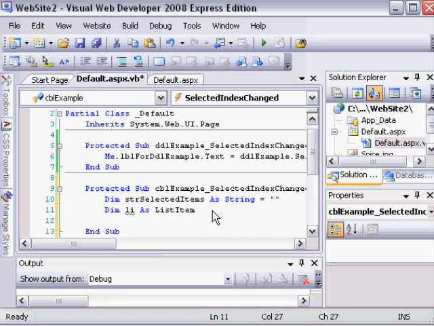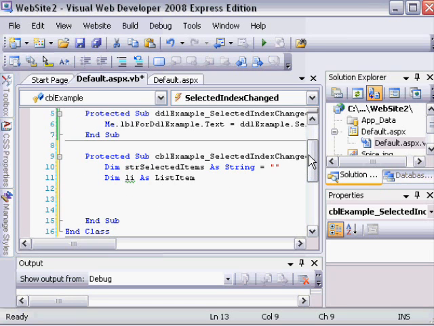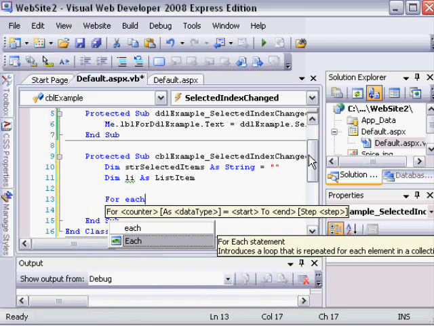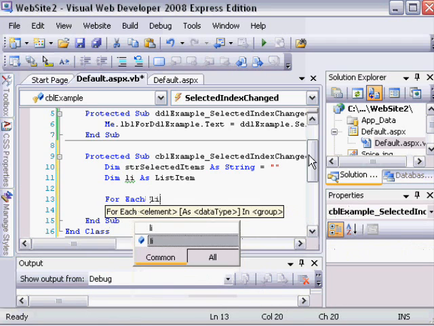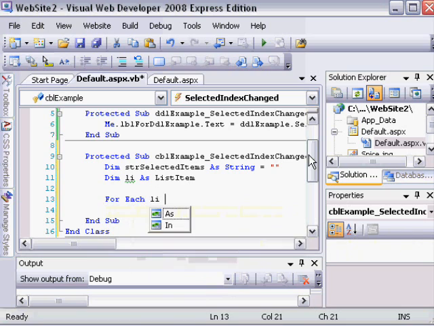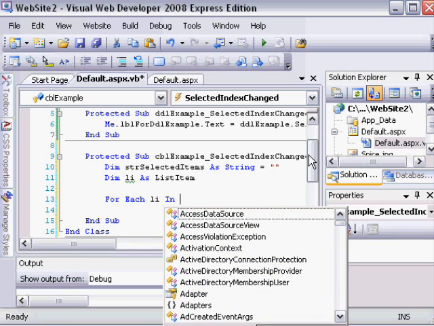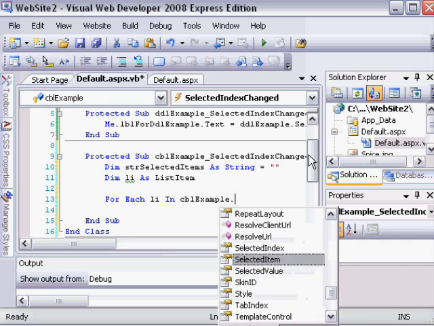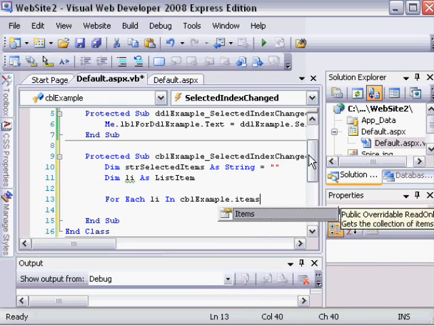Now the next thing we need to do is iterate through each of the controls. And the easiest way to do that is by using a programming structure called For Each. So what we'll say is For Each list item in, and I need the name of my control, which was CBL example, and I need to work with the items collection. This takes practice. It's something you can't expect to just remember the first time. So through a combination of taking notes, trying it yourself, reading examples online, it's just a gradual process to learn